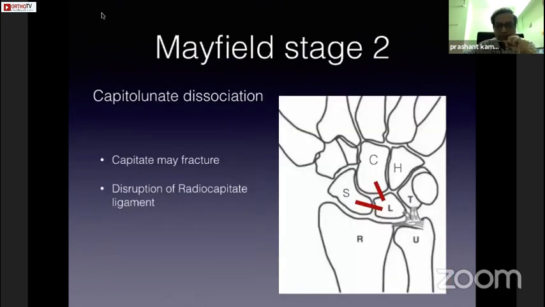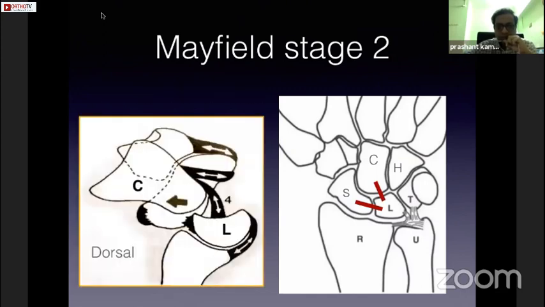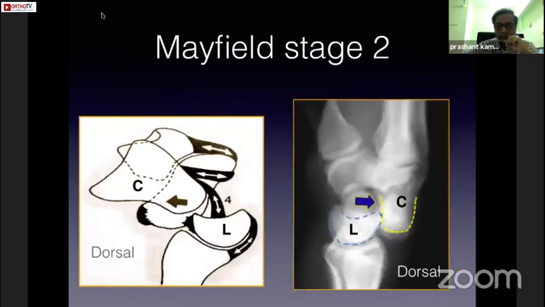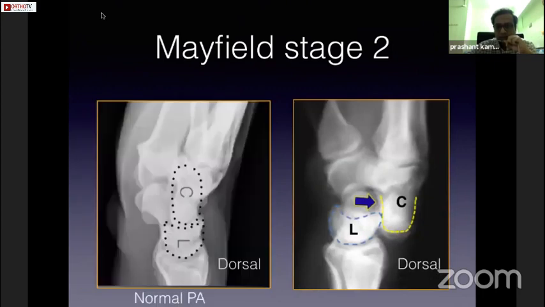Now coming to stage 2, the deforming force continues and there is a rupture of the ligaments connecting the capitate and lunate. So the capitate-lunate disruption occurs, and the capitate is forced dorsally with respect to the lunate. As you can see here, the capitate is moving dorsally. Remember the capitate, the boy sitting in the half moon shaped lunate,